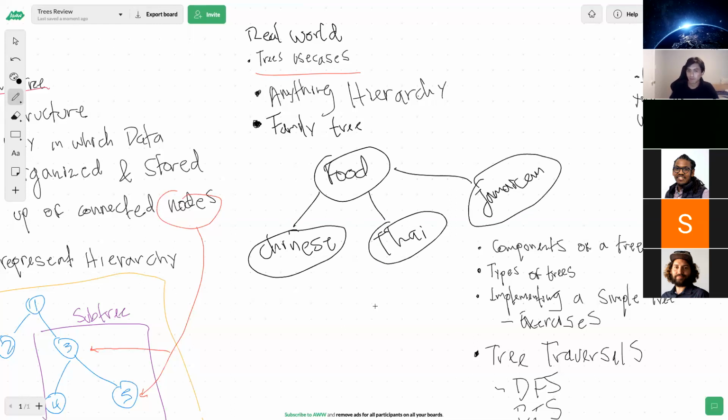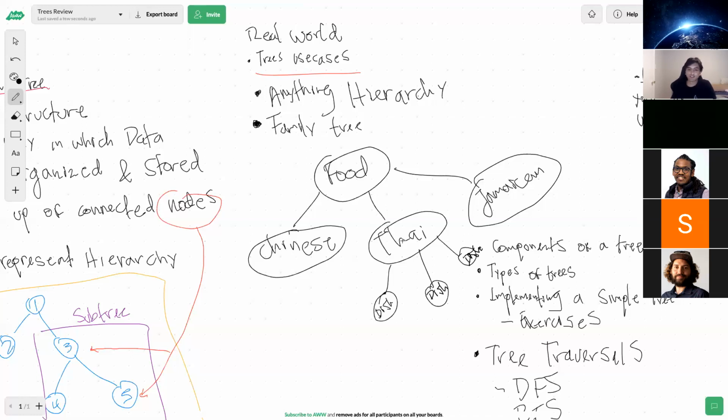And then under Thai you have, you said chicken parm? No, I said that under Italian. For Thai, I think I had some duck one time, but those are too hard for me to pronounce or write. This can be dishes: dish one, dish two. That's correct. We can represent this information in a tree.